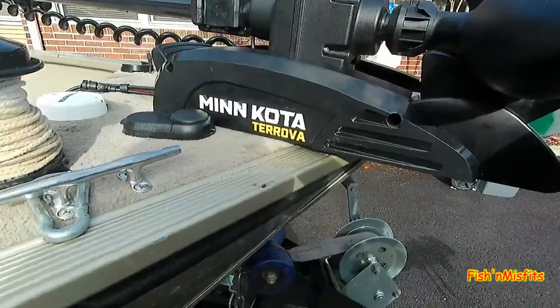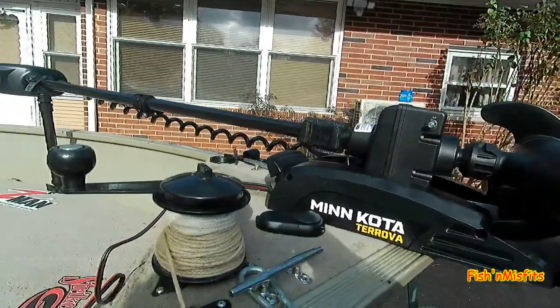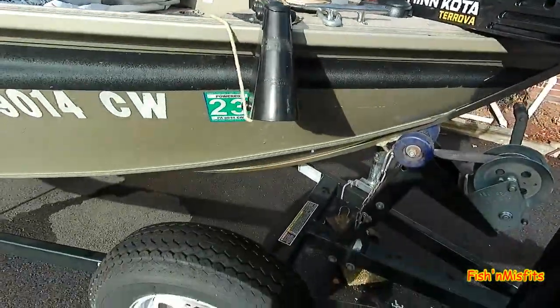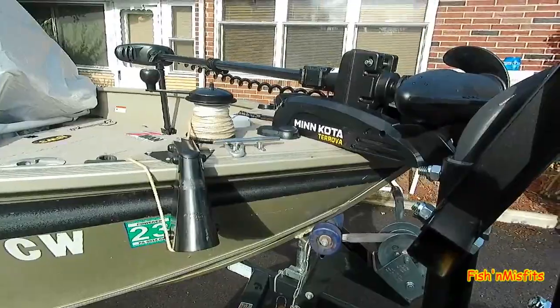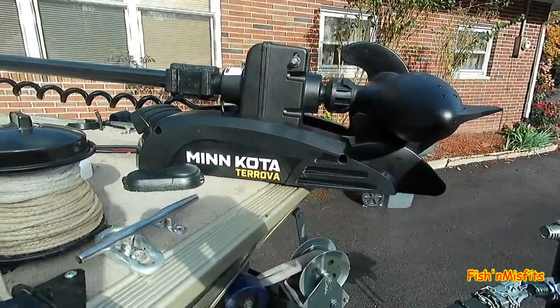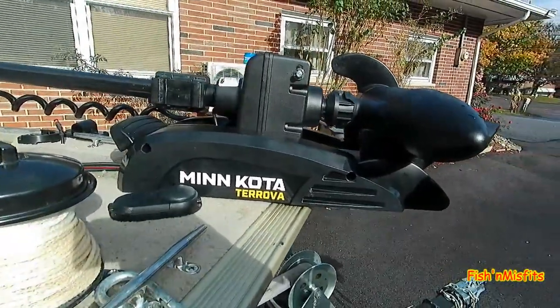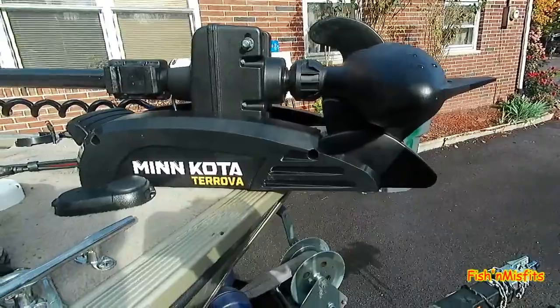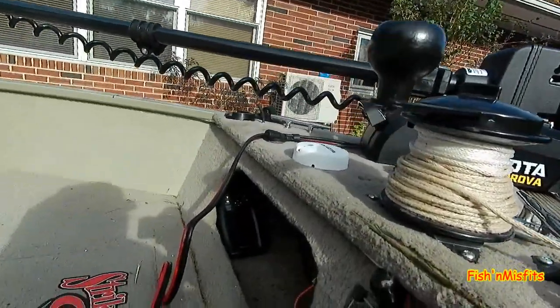And I got the 55-pound thrust, 54-inch, because this is a deep V boat, and so I thought I needed that little bit extra. And I installed it a couple days ago. I have not put it in the water yet. I installed the puck,